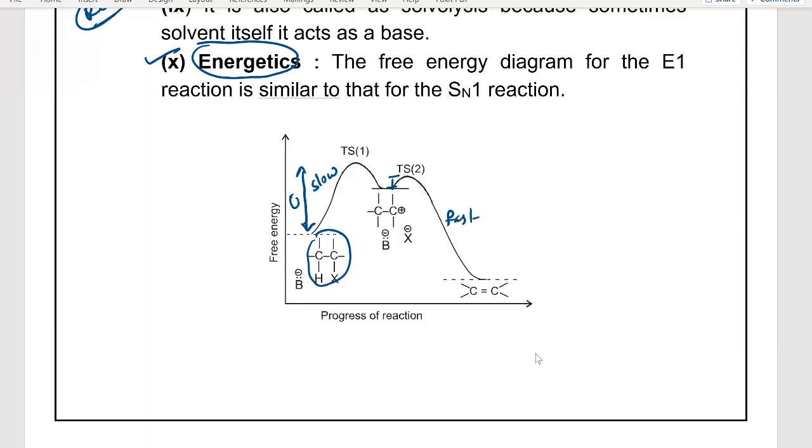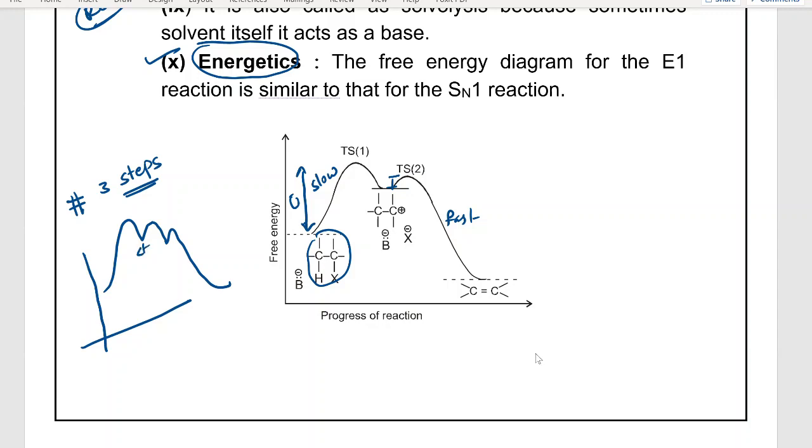So the reaction can take place in two steps when there is no rearrangement. Very important thing, if rearrangement is possible, the reaction can undergo more than 2 steps, that may be 3 steps. Then the graph could be like this, right? So first normal carbocation, then rearranged carbocation, then product, here substrate.